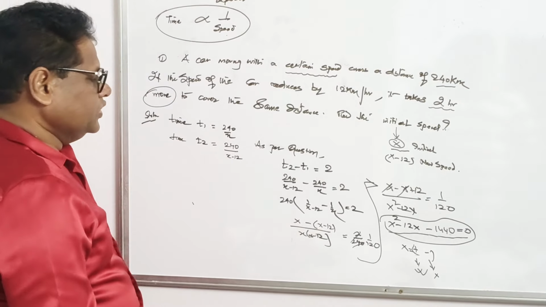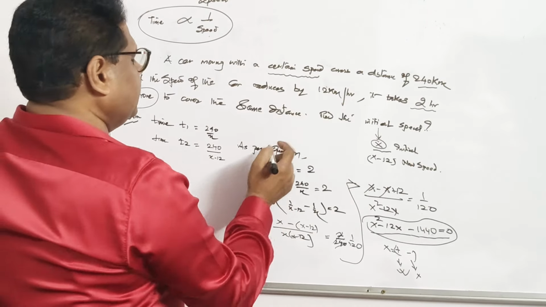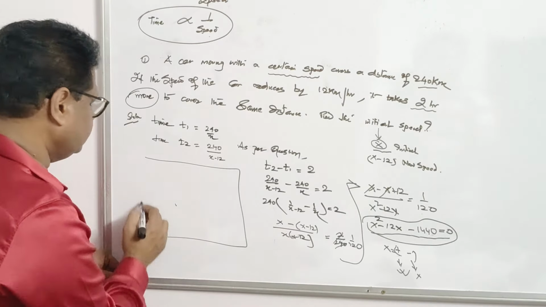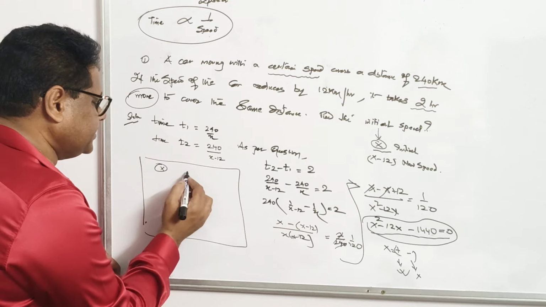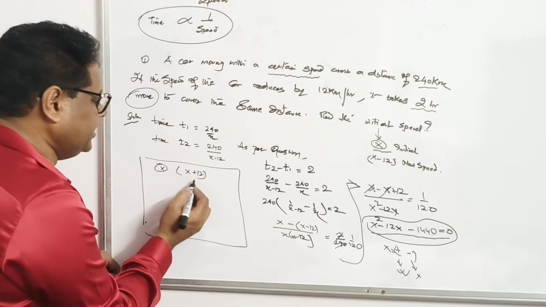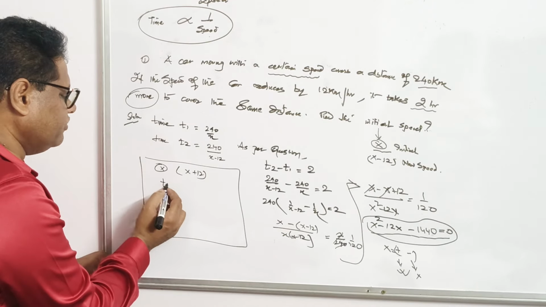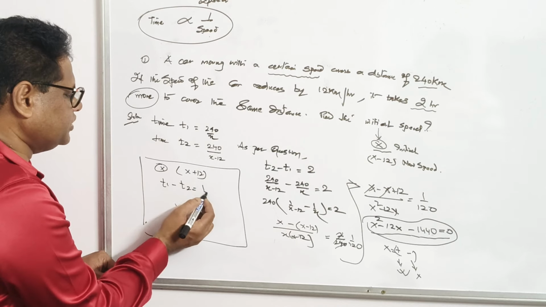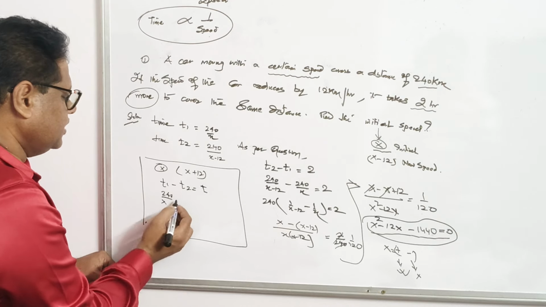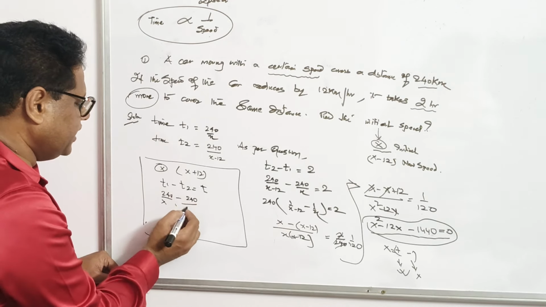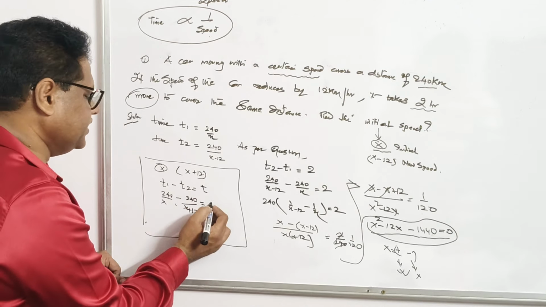Now suppose the speed has increased. Instead of reduction, the speed has been increased. Then the case will be like this. In this case, we are taking the original speed x, the new speed is x plus 12. So definitely the time taken for this increased speed will be less. Then the equation will be t1 minus t2 equals to time difference. That means 240 by x minus 240 by x plus 12 equals to the time difference, that is 2 hours,